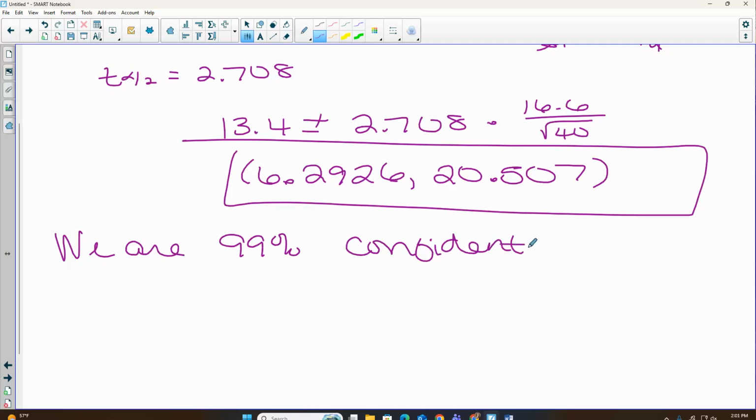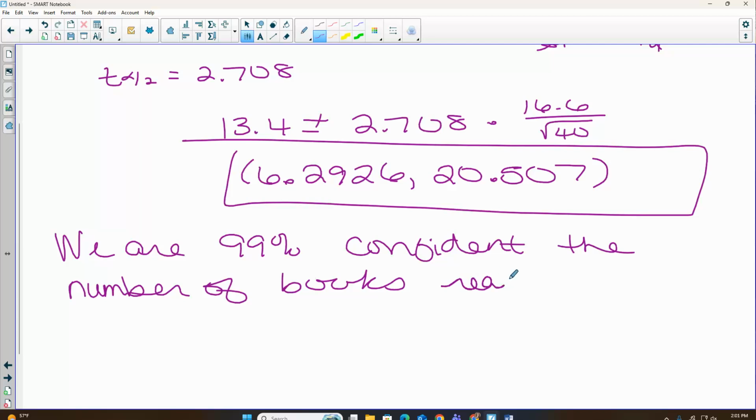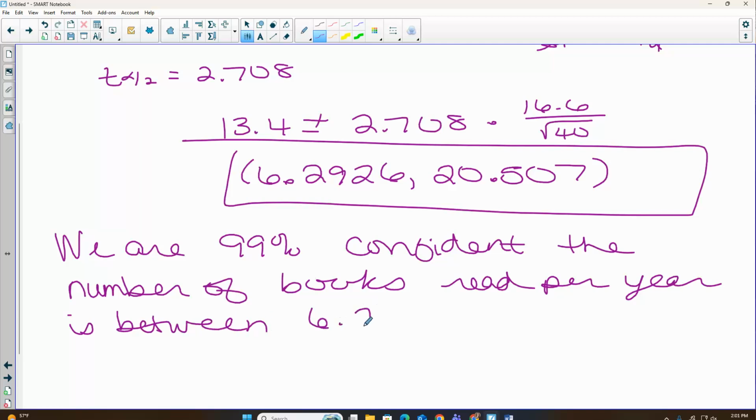Okay, this whole thing was about how many books people read per year. So the number of books read per year is between 6.2926